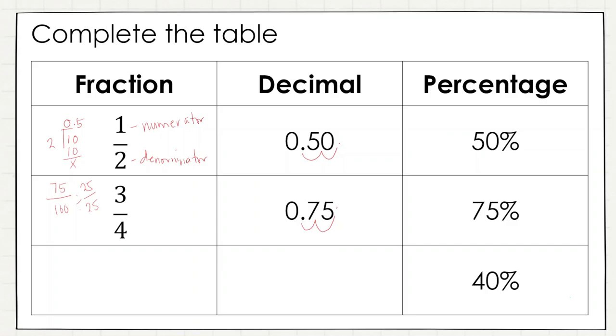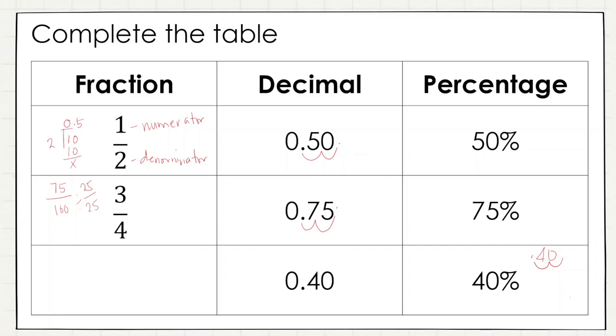How about if the given is percentage and you're going to convert it into decimal and into fraction? Just like what we did, we're just going to move the decimal point to convert it into decimal. But this time, we're going to move the decimal point to the left. So we have 40. The decimal point is after 0. So we're going to move the decimal point to the left. 1, 2. So that is equivalent to 0.40.